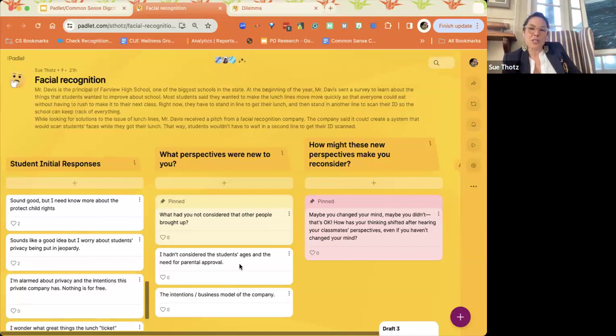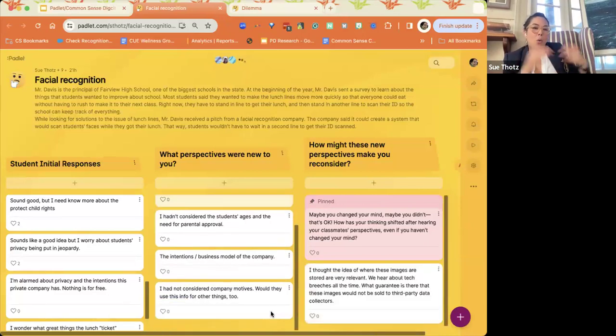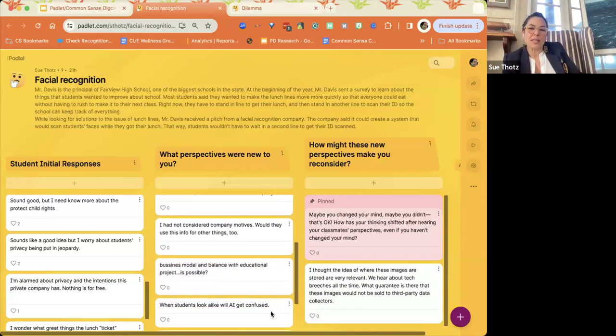I want our students to be able to share their opinions, to voice their concerns, to talk about what they feel. But at the same time, I want them to take the time and understand that other people have very valid points too. And so, I want you to be able to recognize when other people have ideas that you haven't necessarily thought about yet. So that's what I'm trying to get my students to do in this position.